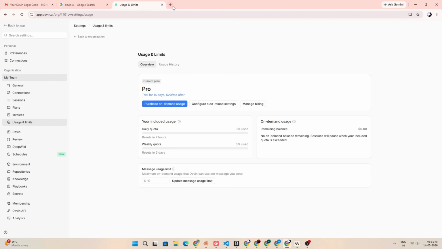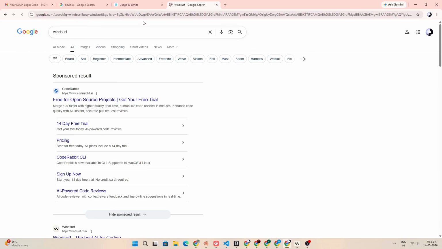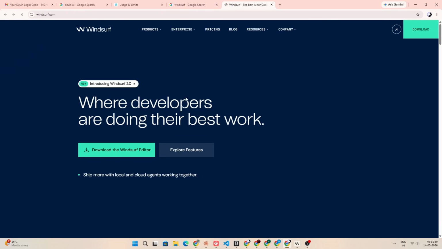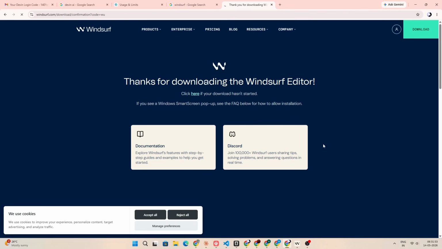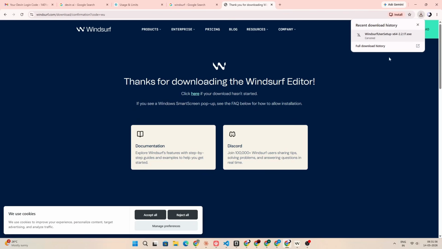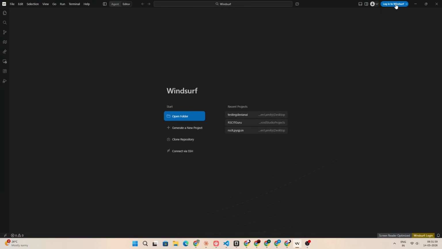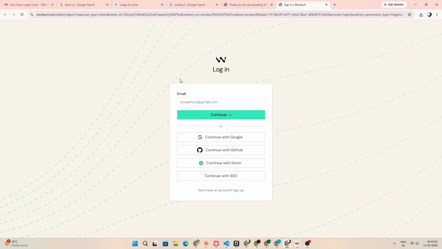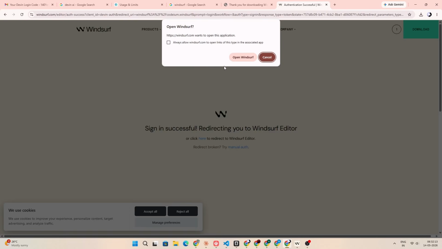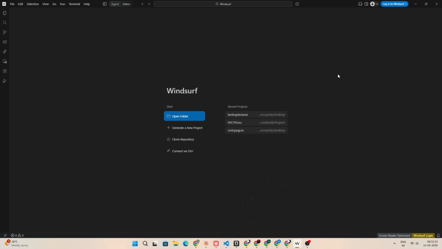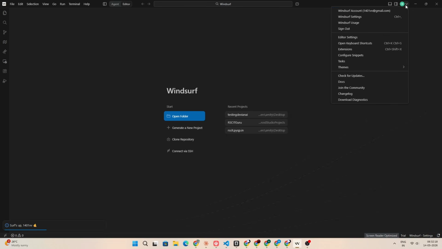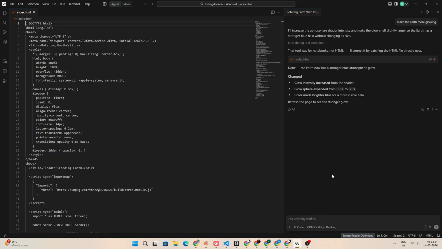And now you need to download Windsurf. Just download the IDE from here. Download for your operating system from the official website. I have already done that, and just install it. Just log into Windsurf and it will open in your browser. Just press on connect with Devin AI and it will log in. Let me show you. Okay, open Windsurf. Okay, as you can see, it is logged in with my new account, and let me open the same project